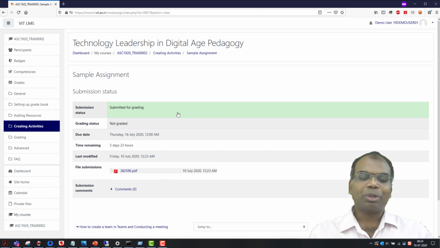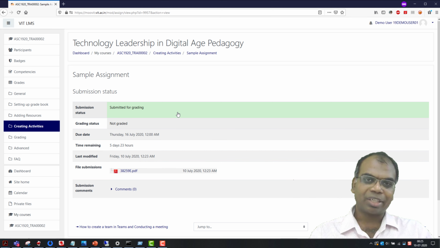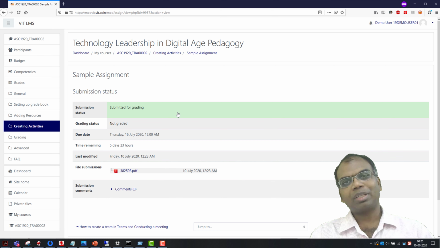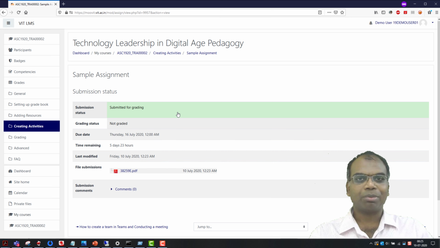In this, we saw how we can make a submission. So basically, you have to know whether there's an assignment which is due, and that happens to come in the calendar. Go to the activity, prepare your submission, and then upload the work. If there is no need for you to press the submit button, the submission is done automatically. You can edit the submission till the due date. On the other hand, if you are asked to specifically press the submit button, make sure that your assignment is ready in all respects, and then press the submit button and confirm that you are willing to submit it, because after you submit, you cannot edit the document.